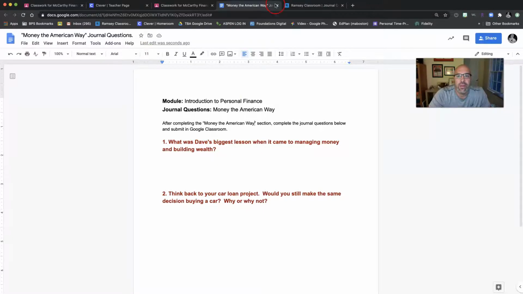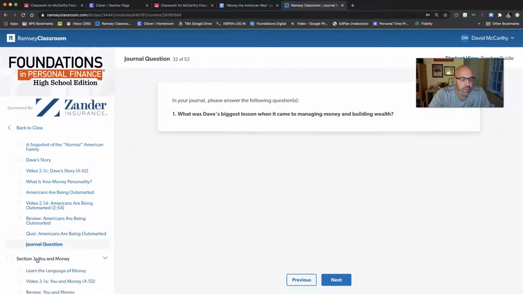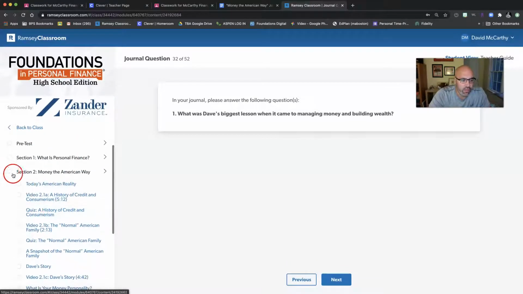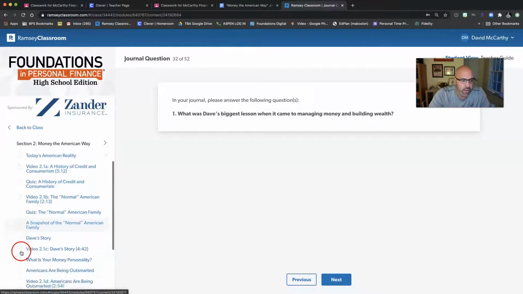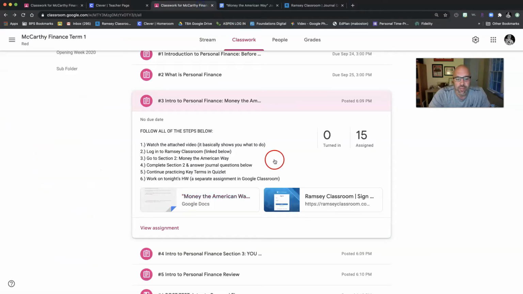All right, so again, make sure that you finish, you get green checks next to all of this here, and that you do all the quizzes because those count. And if you don't do well on the quiz, you want to retake, just shoot me a message, hit me up on Zoom. I will be here. All right. So we'll turn that in Google Classroom, and we're good to go.